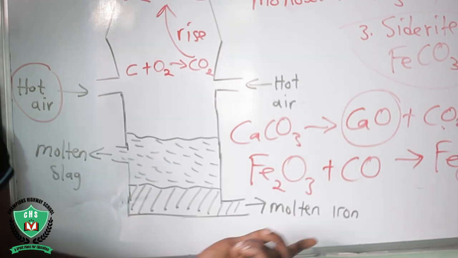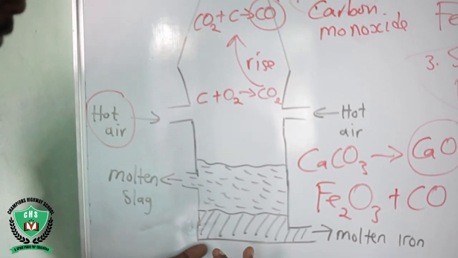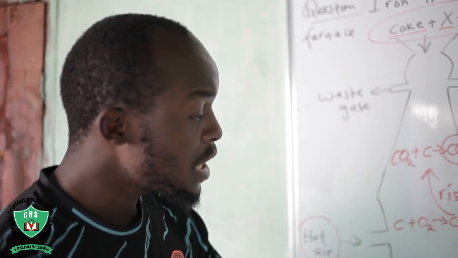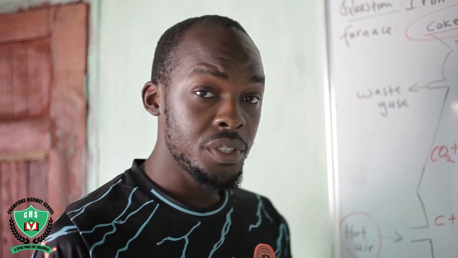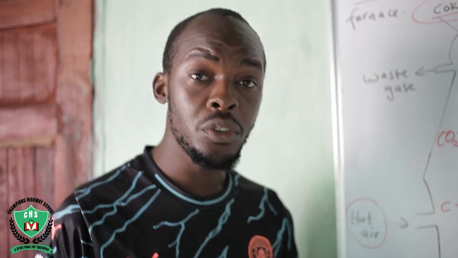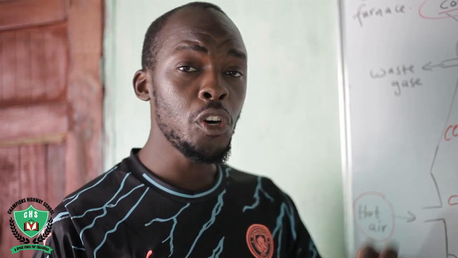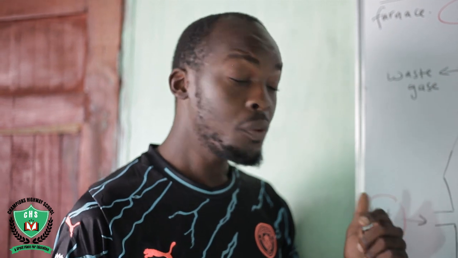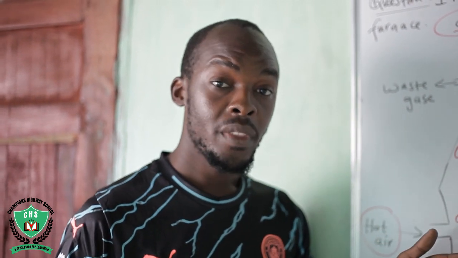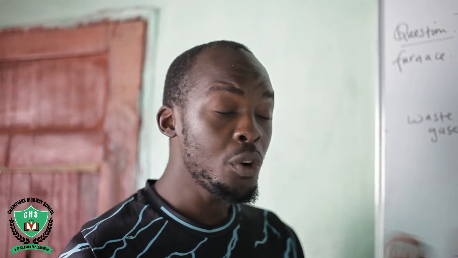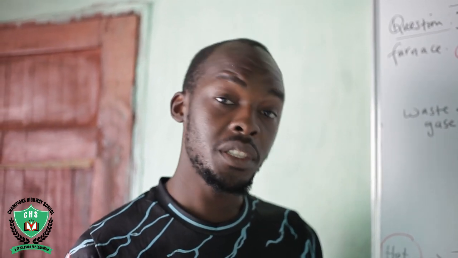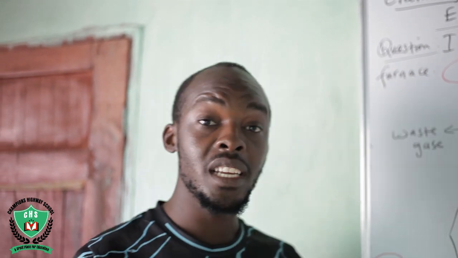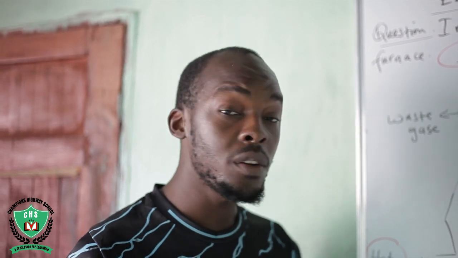It will be in molten state, not solid, because of the high temperatures in the furnace. This iron produced will have some impurities, the silicon, as we said, and what will help to remove those impurities? It is calcium oxide that is produced when calcium carbonate decomposes. After calcium oxide reacts with the impurity, which is silicon, it will produce calcium silicate, which is the molten slag,